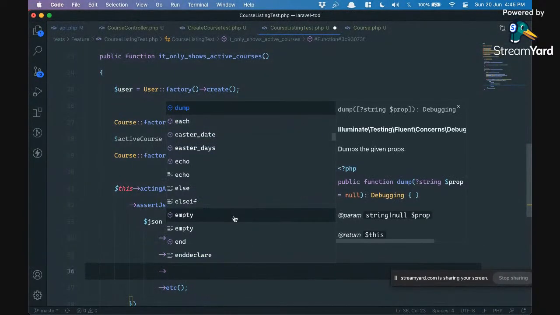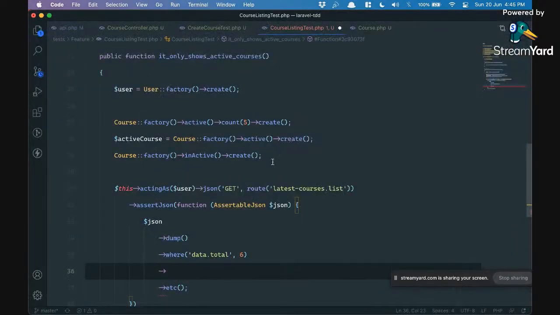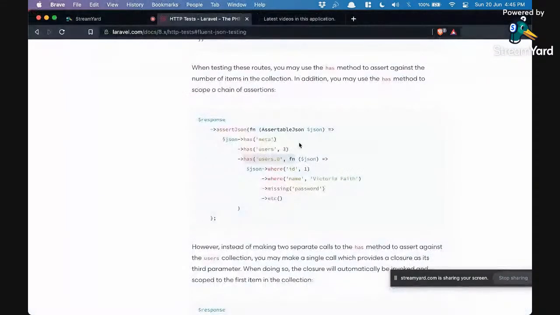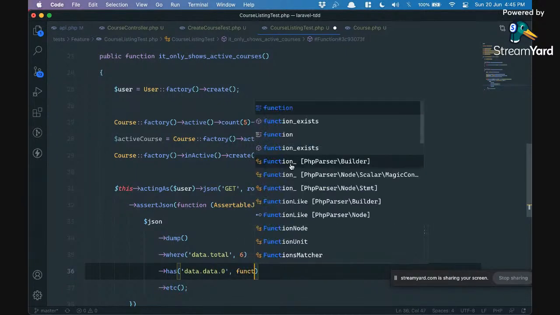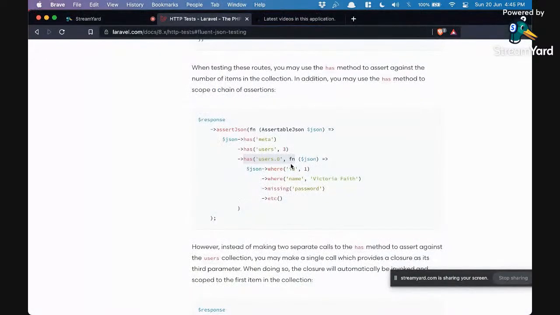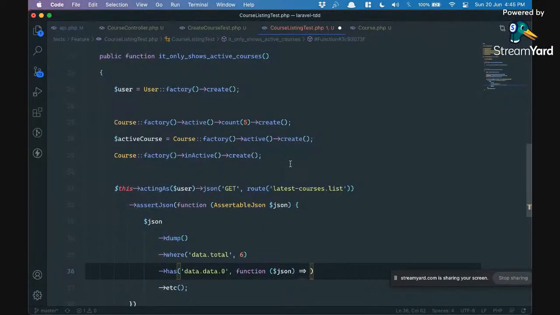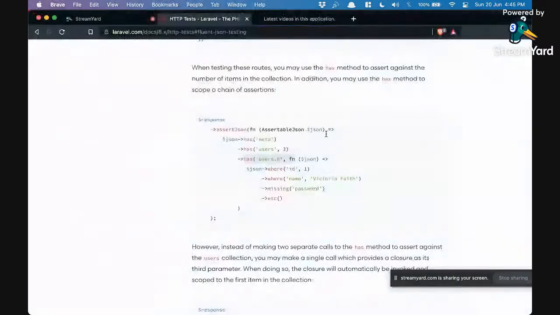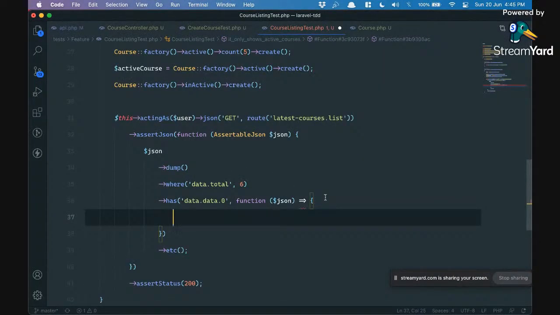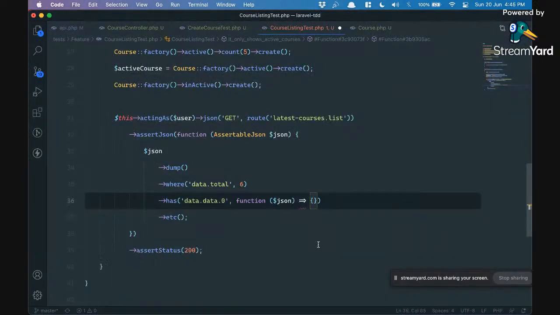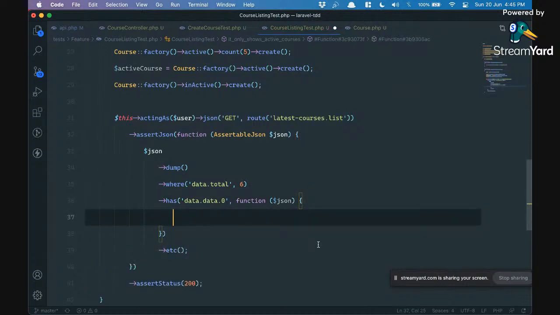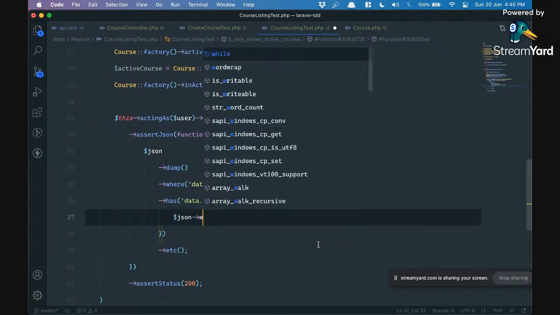Then syntax has users dot zero. So data dot 0 function in JSON, right? Dollar JSON. Hey, I am doing a, this is fine. Syntax is fine. Function, oh sorry, that's the JavaScript inside me which got activated. Sorry about that. So JSON, and now I can do JSON where,